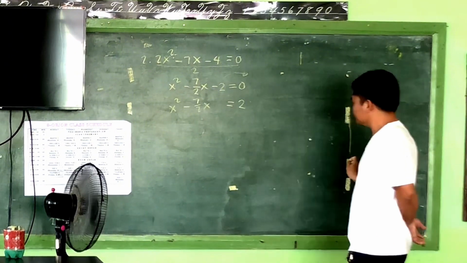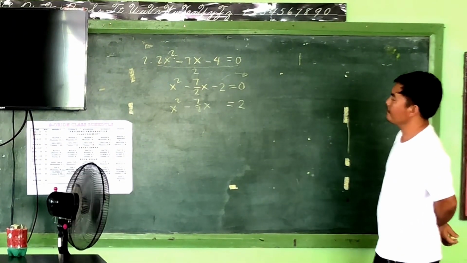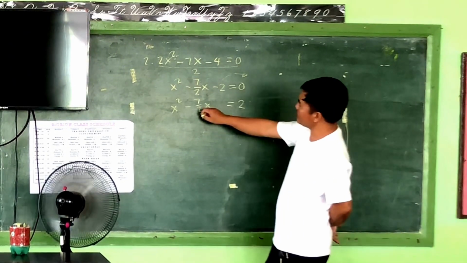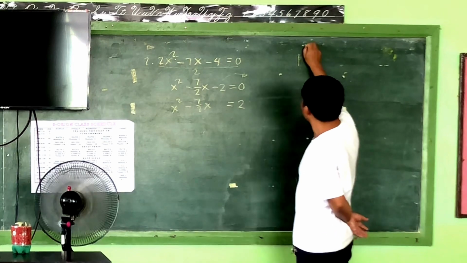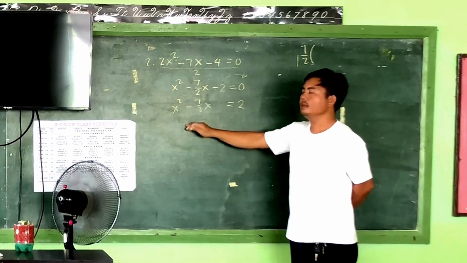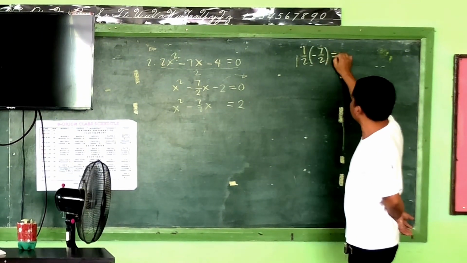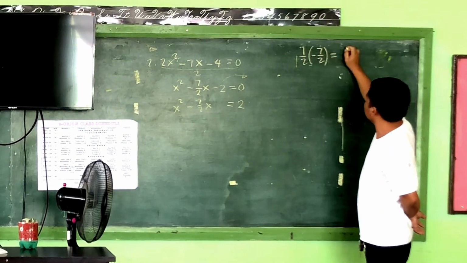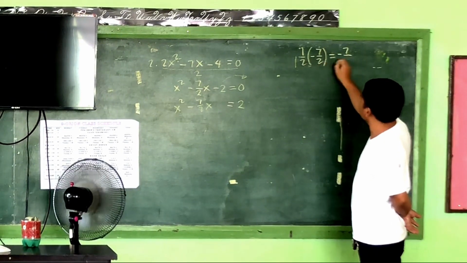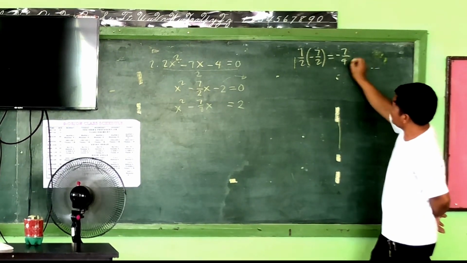next, we are going to complete the square. Half of what? Half of negative 7 over 2. So 1 times negative 7 is negative 7, and 2 times 2 is 4. So we have negative 7 over 4. We are going to